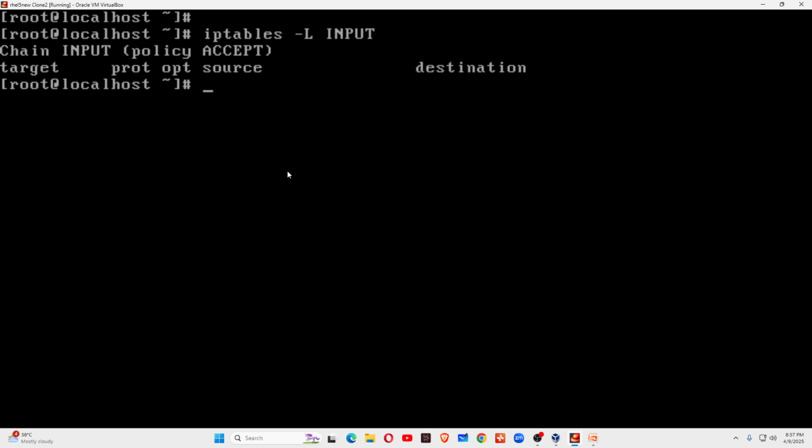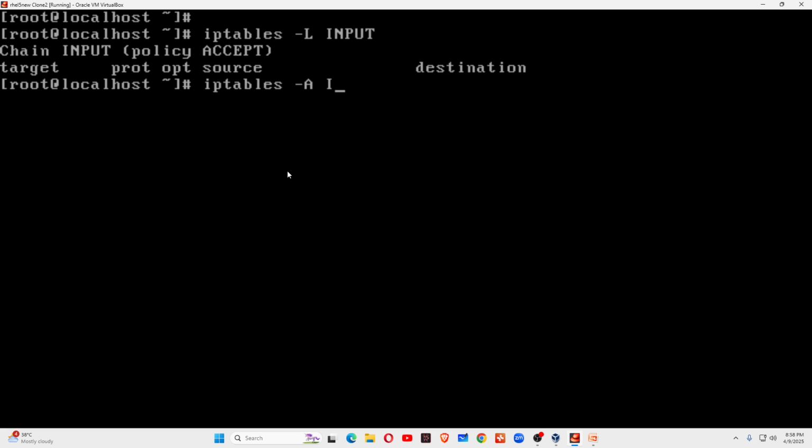Okay, so nothing. Now I am going to show you first the service based security. So what do you mean by the service based security? Service based security means I am going to allow a certain service for incoming connection. Suppose I want to allow telnet service. So how I can allow telnet service? You have to type iptables